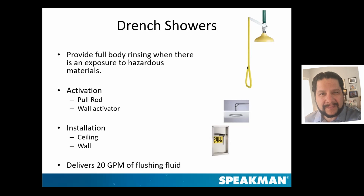Hey, Matt, just because you brought that up, this will be a good point for this question. Someone asked, do you typically see direct drain for emergency eyewash or combos or not? 2019 CBC section 416.5 does not require a drain. The architect's concern is that someone will slip, so a direct drain was needed. But then the issue is the direct drain would trigger the chemical waste section of the plumbing code. So, right, do you typically...